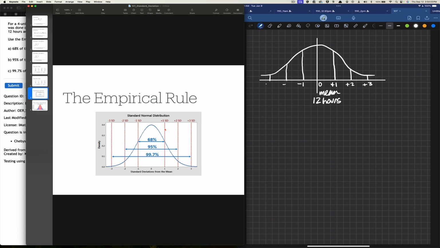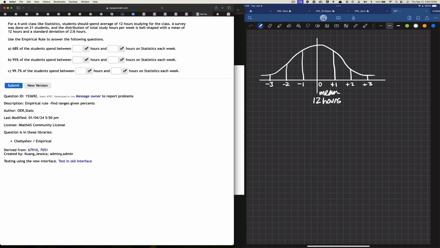Then I'm out. If I go one more standard deviation out, I'm at minus 3 standard deviations. Okay? So now our graph matches this. I have this extra 12 hours in here, this seemingly extra piece of information. Well, since our standard deviation is 2.6 hours, if I go to the right